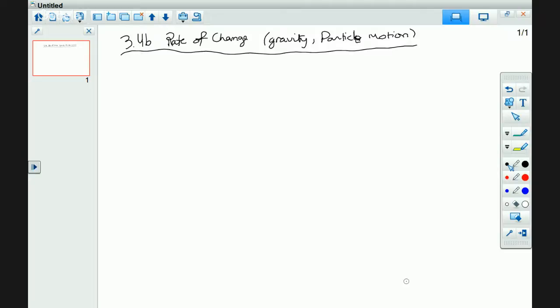Tell me if this looks familiar. Anybody recognize that? Okay, so this is position. Notice from yesterday the position of an object